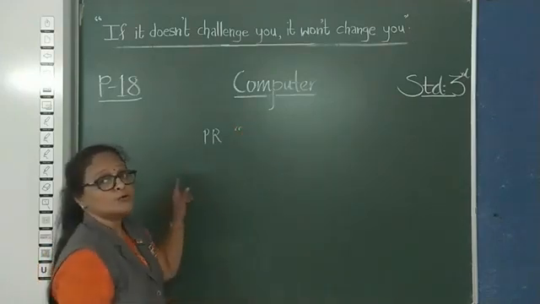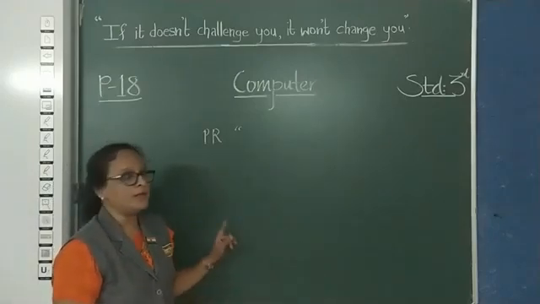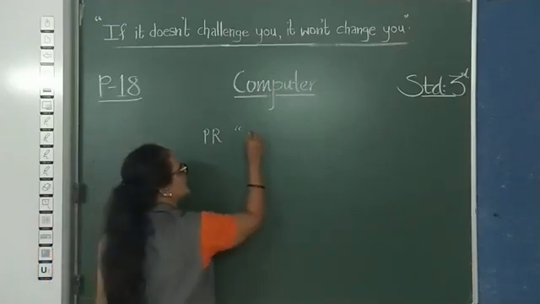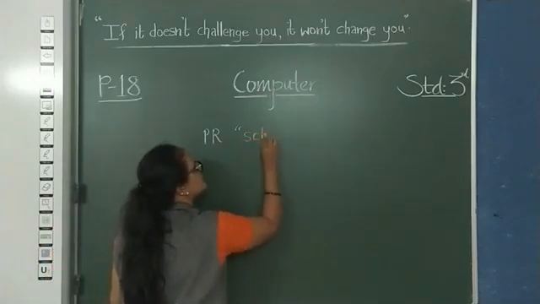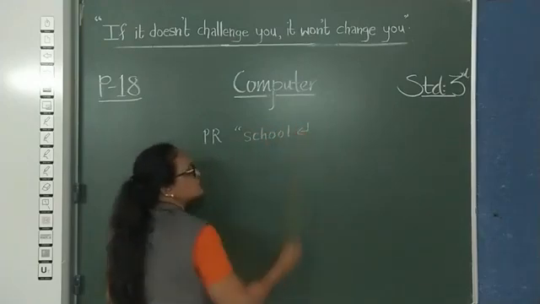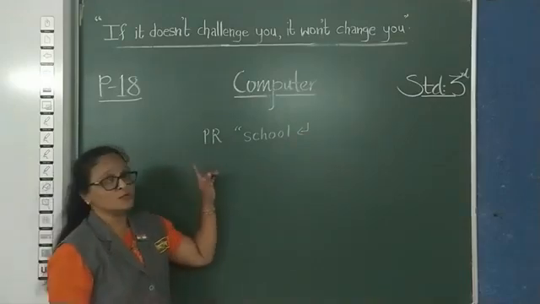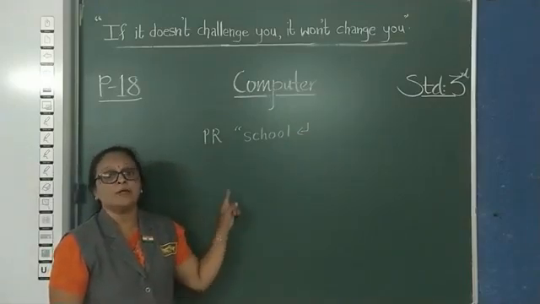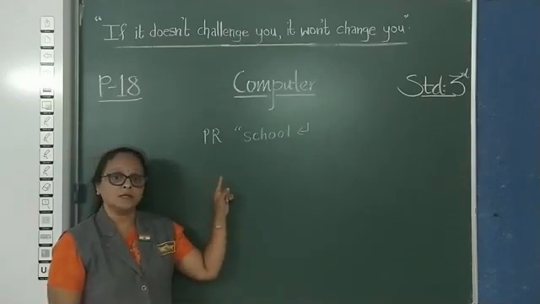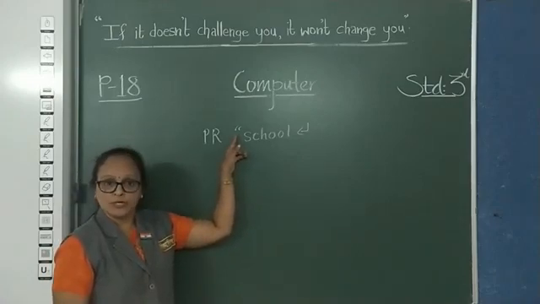Okay, how to use the quotation mark? Just use the shift key and press that required key, then you will get quotation mark on the screen, and then type the single word here, school, and as it is, always we are going to use enter key sign. See, this is the first rule. Whenever we want to type a single word on the screen, or we can say display a single word on the next line, always we have to use quotation mark.